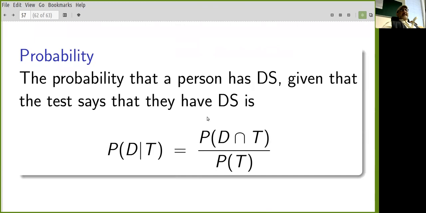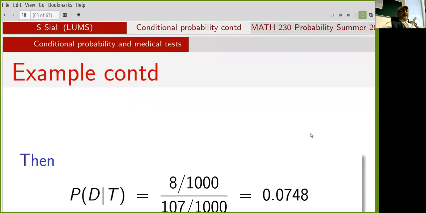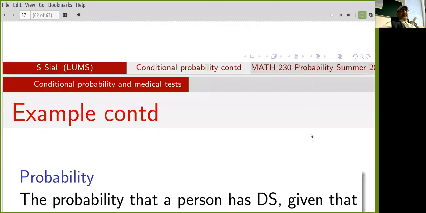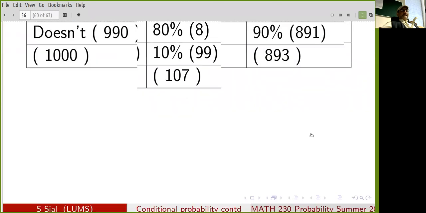Okay. So that's our conditional probability. That's the probability that the person has the disease, given that the test says they have the disease. That's equal to the probability that the person has the disease and the test says that they have the disease, divided by the probability that the test says that they have the disease. The probability of D given T is the probability of D intersection T divided by the probability of T. Now, if we go back to our table,